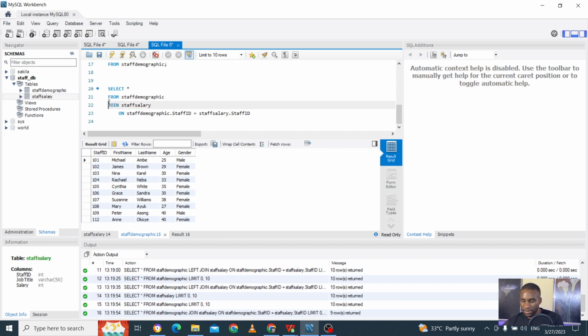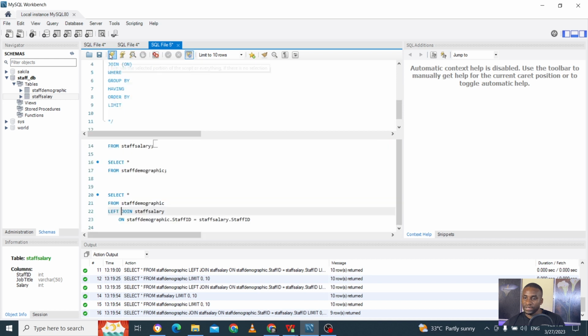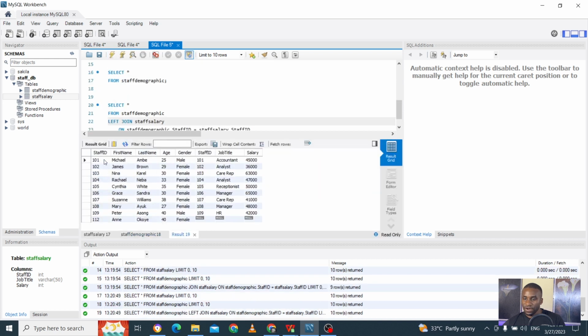Just maintain the caps. You make sure you add the left here and run it. So you have all that is of the staff demographic. And what does it mean? It means if you change this to right,